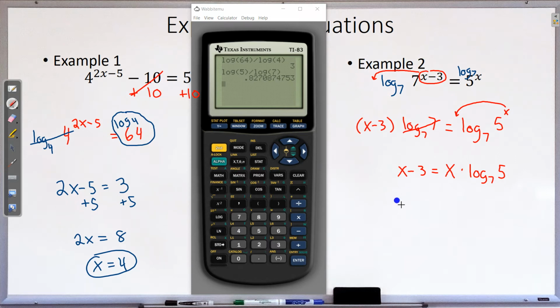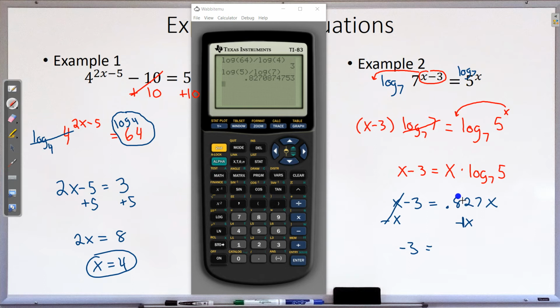So now we've got x minus 3 on one side. I'll put that in a different color here for us. X minus 3 on one side. On the other, we have 0.827x. So this just became the number 0.827. And so now we just have to solve this. Let's see, we should probably subtract x from both sides. That goes away. We've got negative 3 is equal to, these are like terms,